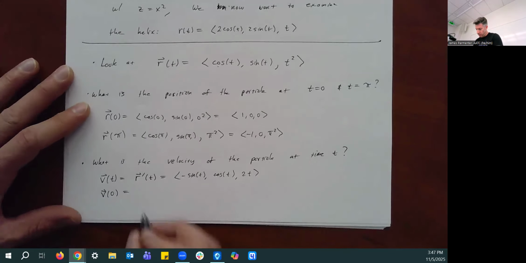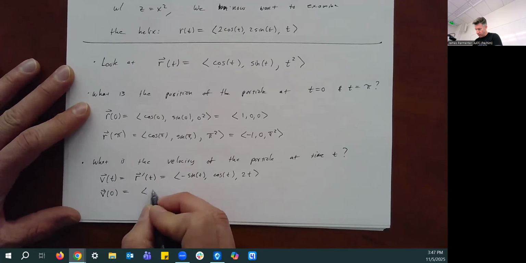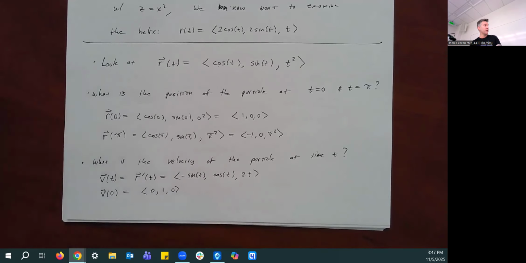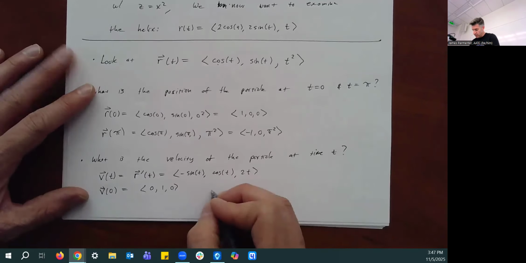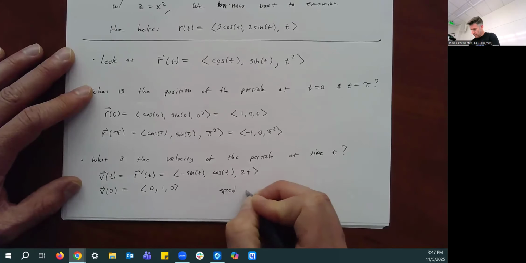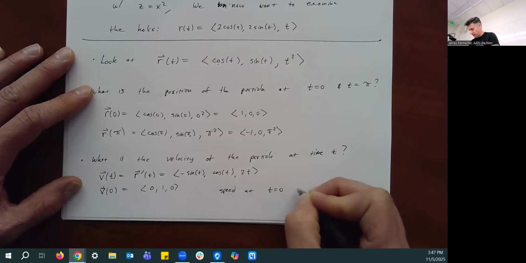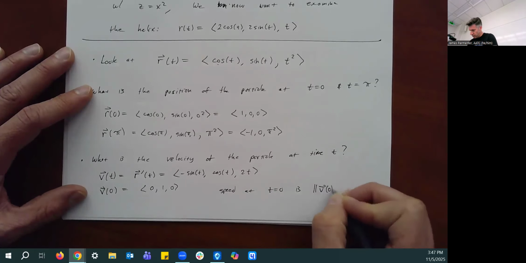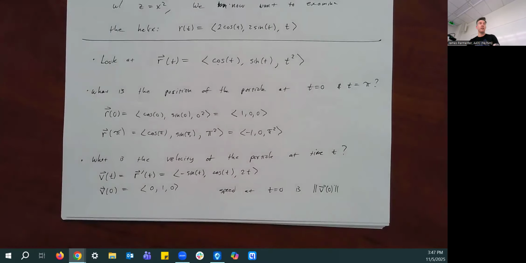Well, it's going to be negative sine of 0, cosine of 0, 2 times 0. Not a very interesting result. And then the speed at t equal to 0 is the magnitude of that velocity vector, which happens to be 1 in this case. It's the square root of 0 squared plus 1 squared plus 0 squared,